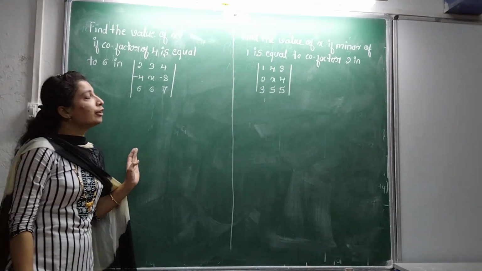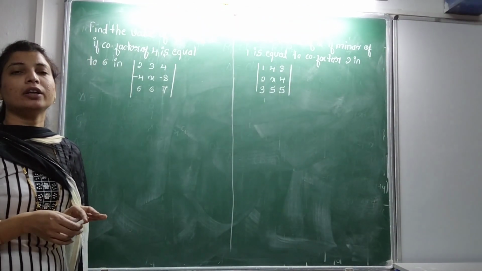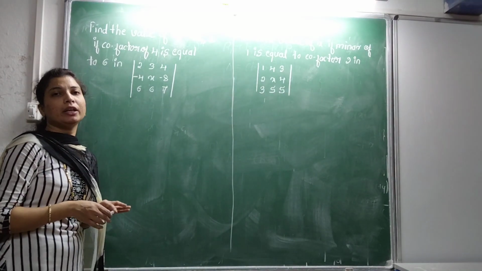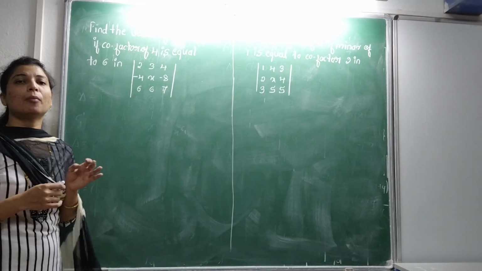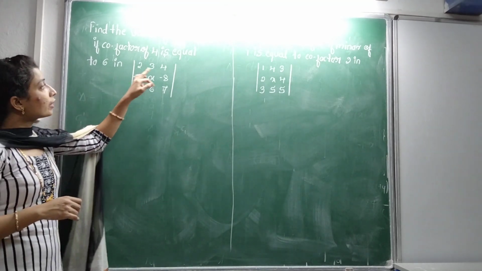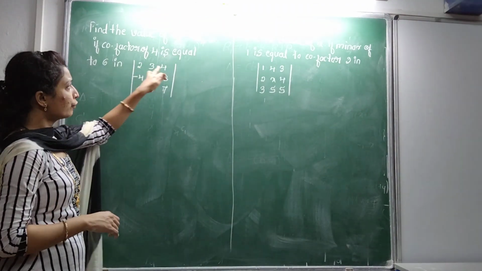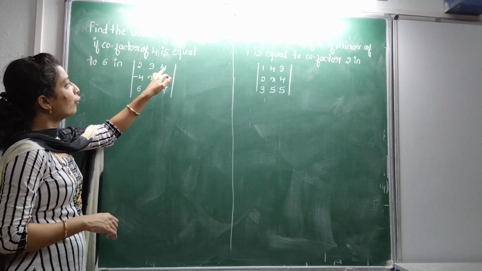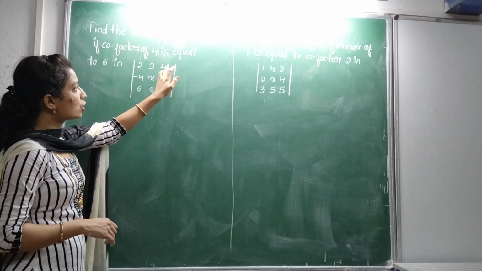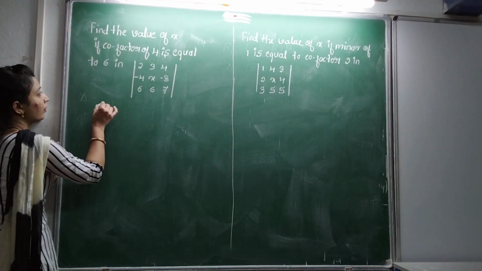Okay, so already we know the cofactor definition. Cofactor is nothing but the minor of an element with a proper sign. So here the element 4 exists in the first row, third column. So we write it as